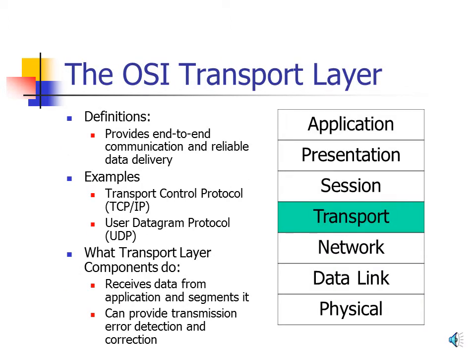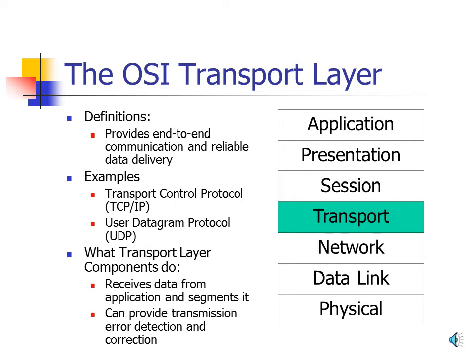The OSI transport layer. Transport layer protocols provide end-to-end communication and reliable data delivery. Now remember, when we talk about reliable data delivery from an OSI perspective, the transport layer isolates the upper layer protocols, the session, presentation, and application layers, from the details of data delivery. Generally, the session and above functions are part of an application, and when an application wants to transfer data, it will hand that data over to the transport layer. Then the transport layer will provide the data delivery mechanisms with the help of the lower layer protocols to